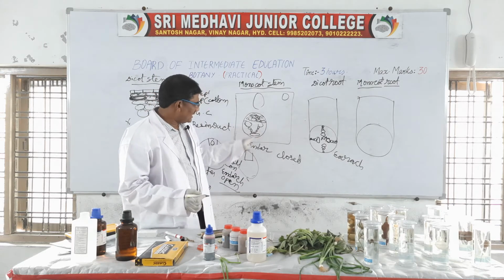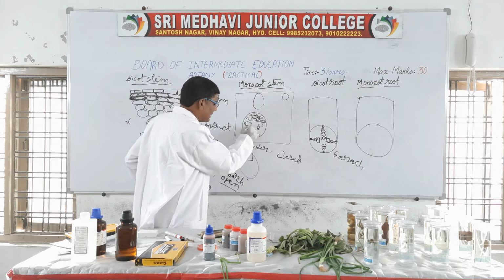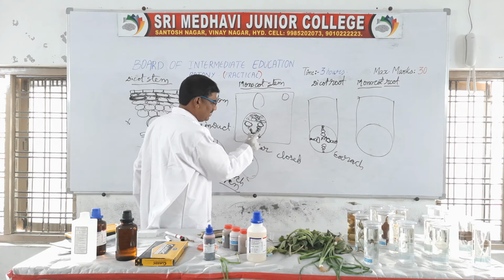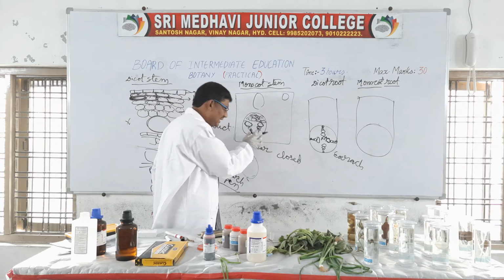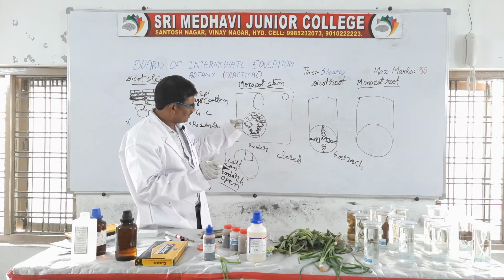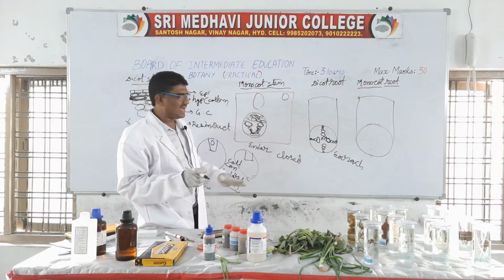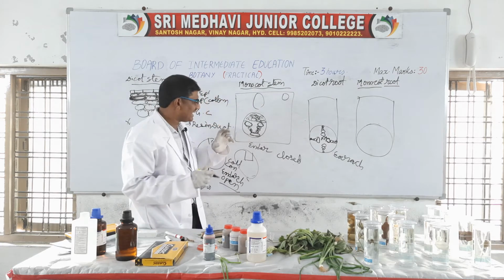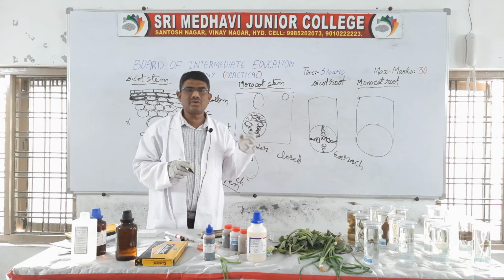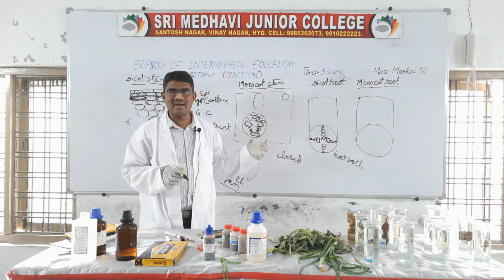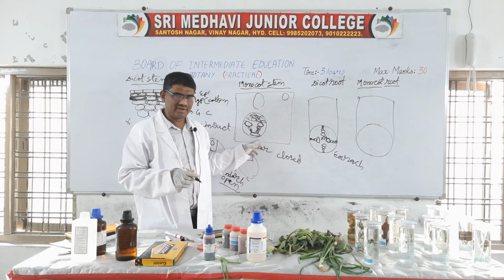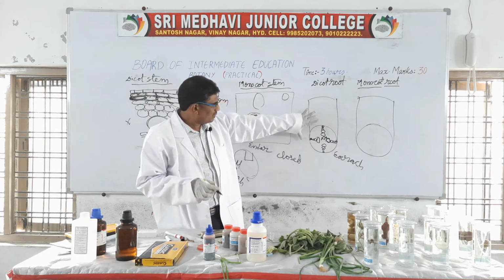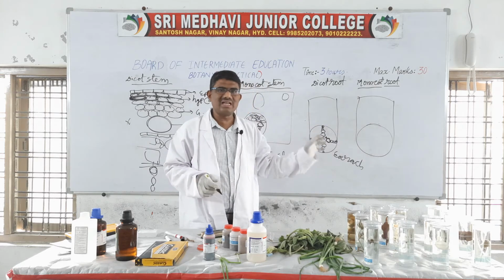Here, in the xylem, this is the metaxylem, and this is the protoxylem. Centrally at the medulla side there is protoxylem, and at the periphery there is metaxylem. Here the protoxylem cells die and form a cavity. That cavity is called the lysigenous cavity. Understand? Next, when we observe the root, both roots are the same.